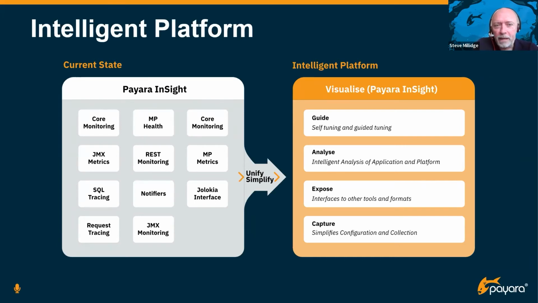And then further up, we have things like MP metrics where you can build your own metrics. And then we have notifiers currently where you can spit out messages into different subsystems, different APM tools, SNMP traps, things like that. And we have tracing.